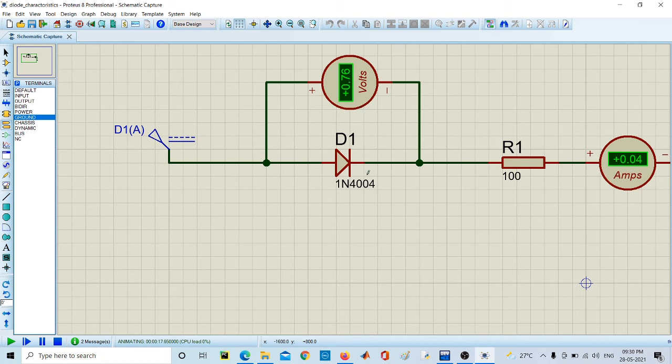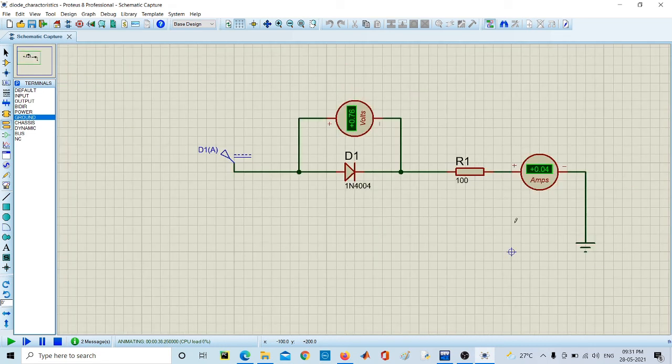We all know that if the diode is a silicon diode, it will have a 0.7 threshold voltage, and if the diode is a germanium diode, then it will have 0.3. This is the approximate threshold voltage of the diode, that is the voltage drop across the diode. This is the forward characteristic of the diode.